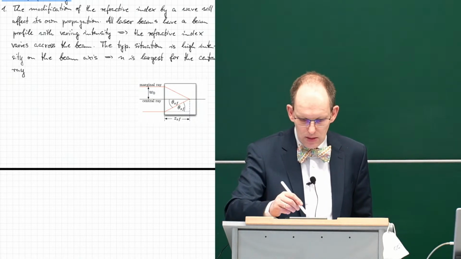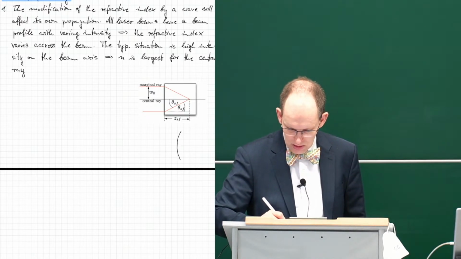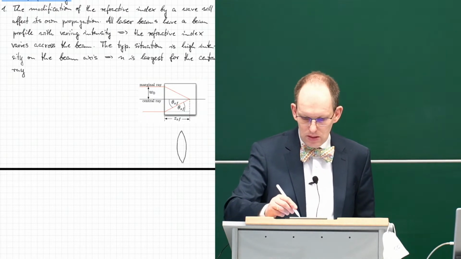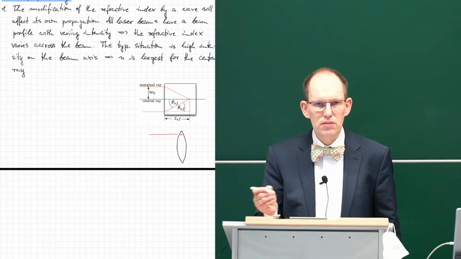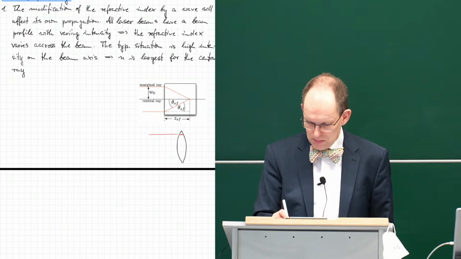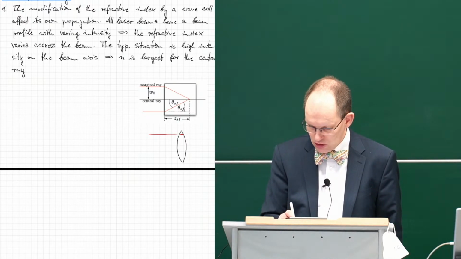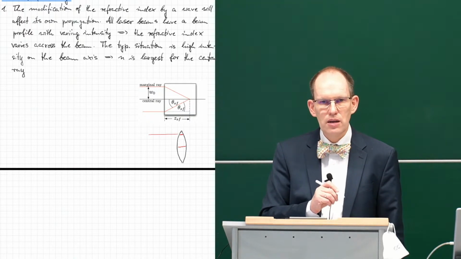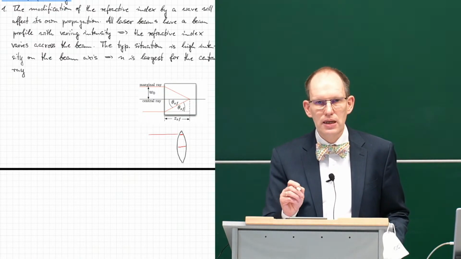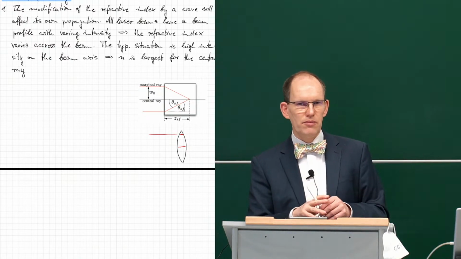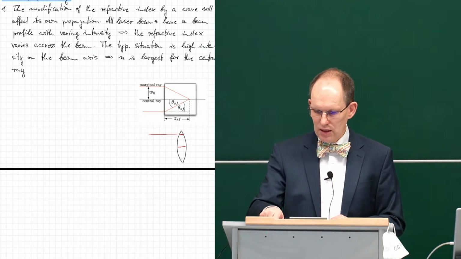Yeah? So you can compare this situation very simply to a lens. There also for the marginal ray you have shorter optical lengths in the glass, because also the geometrical length is shorter, whereas for the central ray you have a longer optical path length. And this is the same thing here, right? And now it's obvious what we'll use next. We'll just use Fermat's principle, but this we'll do after a few minutes